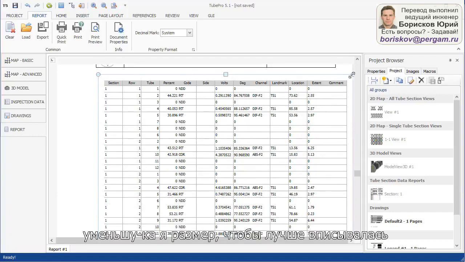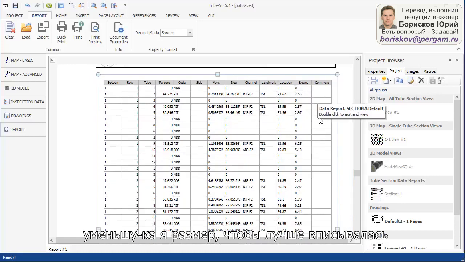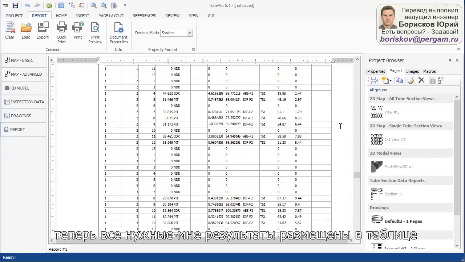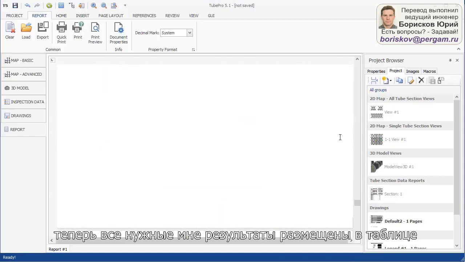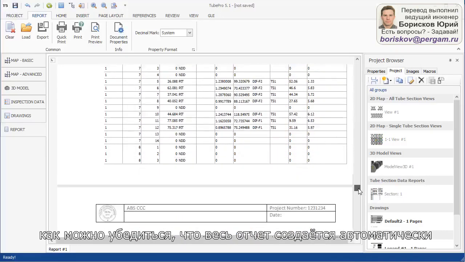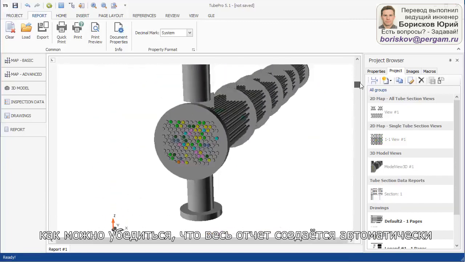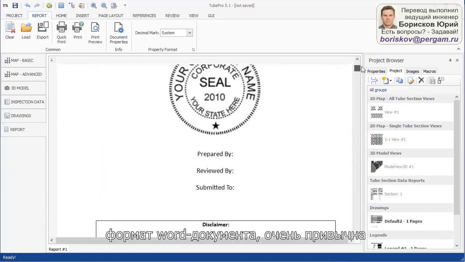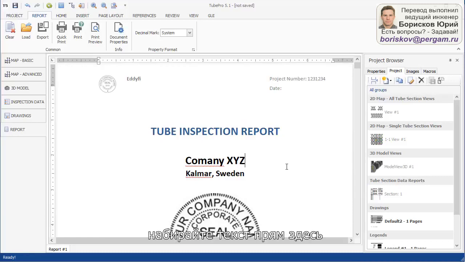I can edit the size so that it's going to fit my page better. All the results are listed in this tabular format after that. As you can see, this report has been automatically generated for you. It's like a Word document, and you can directly type in it and edit it the same way as you